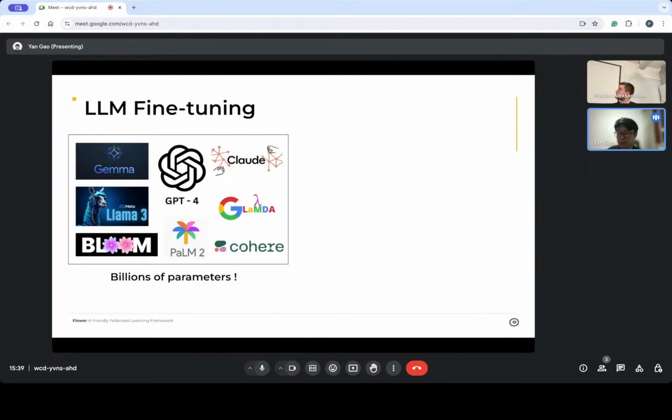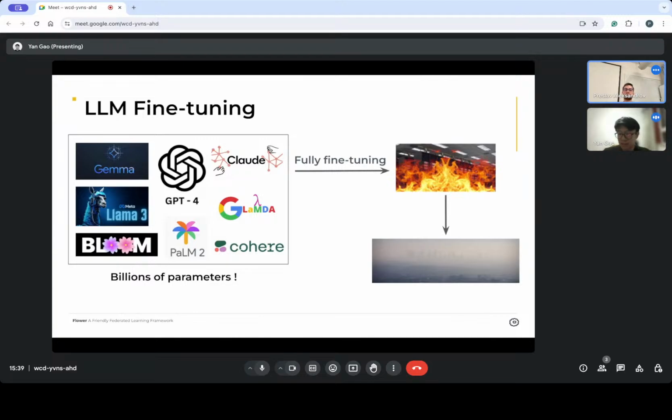With the advanced development of LLMs, we have multiple choices of pre-trained LLMs, such as Gemma, Llama, and GPT models, right? They have amazing model performance, but on the other hand, they contain billions of parameters.